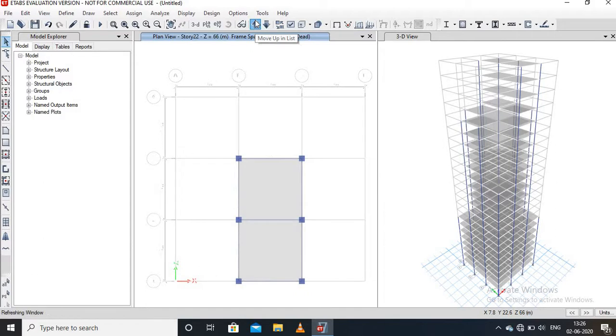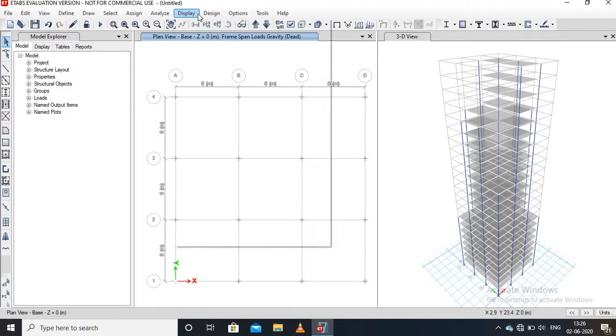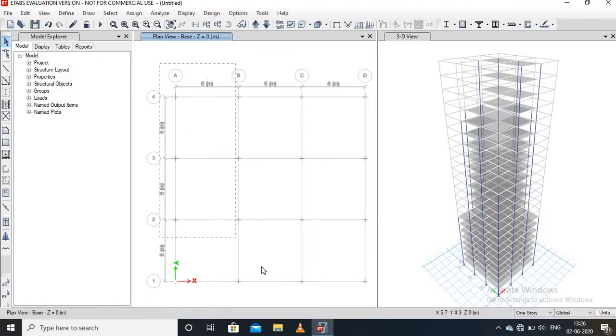Then we have to make the ground floor a rigid floor, and we have to make the ground floor a restraint against rotation and displacement. For making the ground floor rigid, go to the ground floor and then go to the display menu and select undeformed shape, then select all the structure.